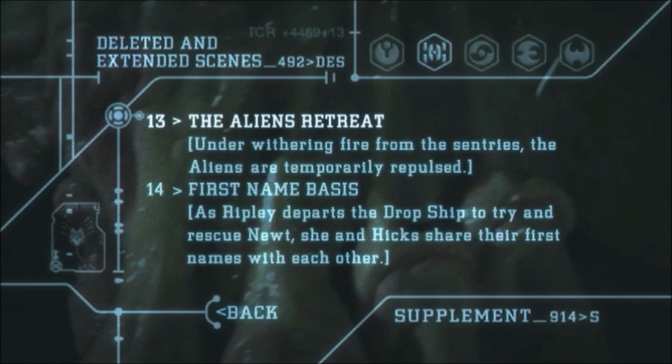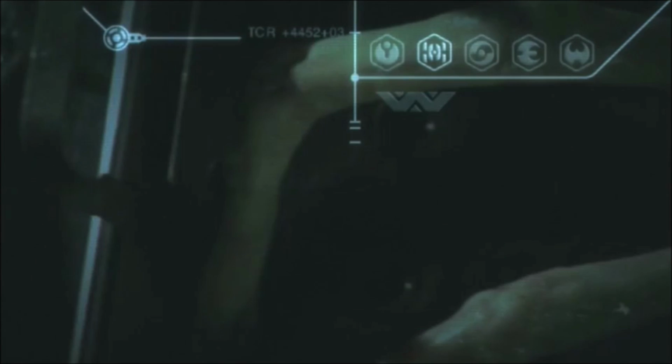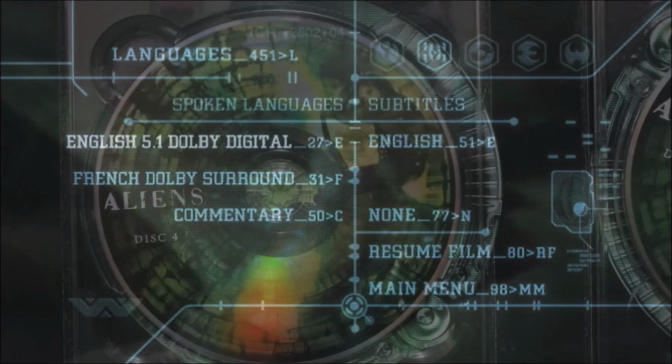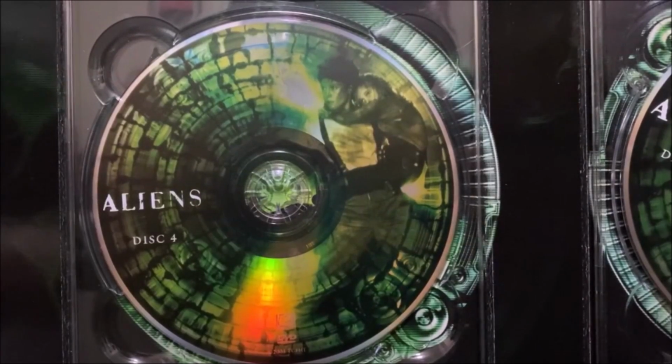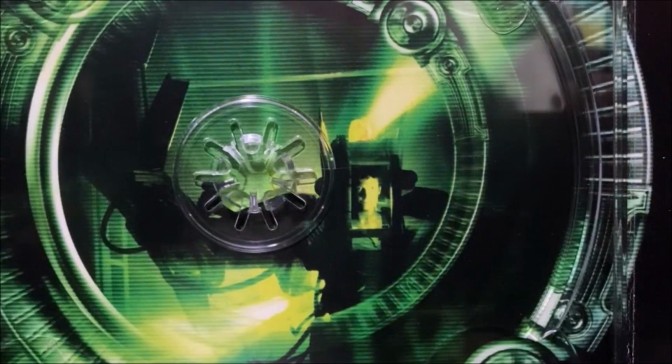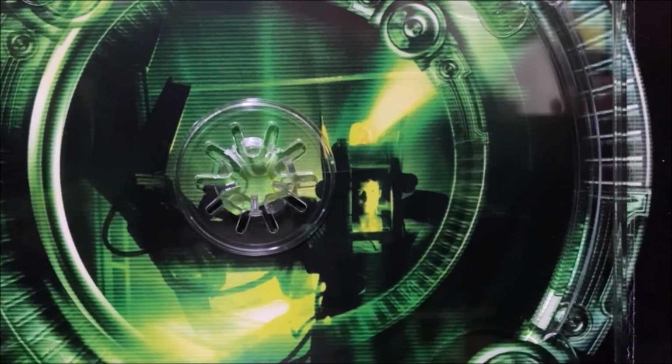We have a total of 14 selections here. There's, of course, scene selections, audio and subtitle options, and more goodies that await on the next disc, disc 4 of the set. We see the image of Ripley and Newt on the disc itself, and beneath the tray is an image of Ripley in the power loader. Here we have Superior Firepower, The Making of